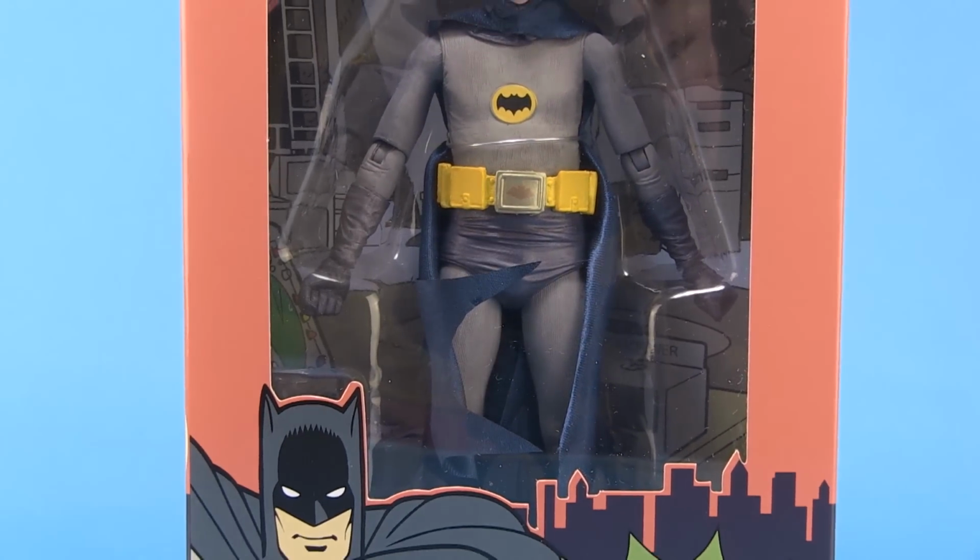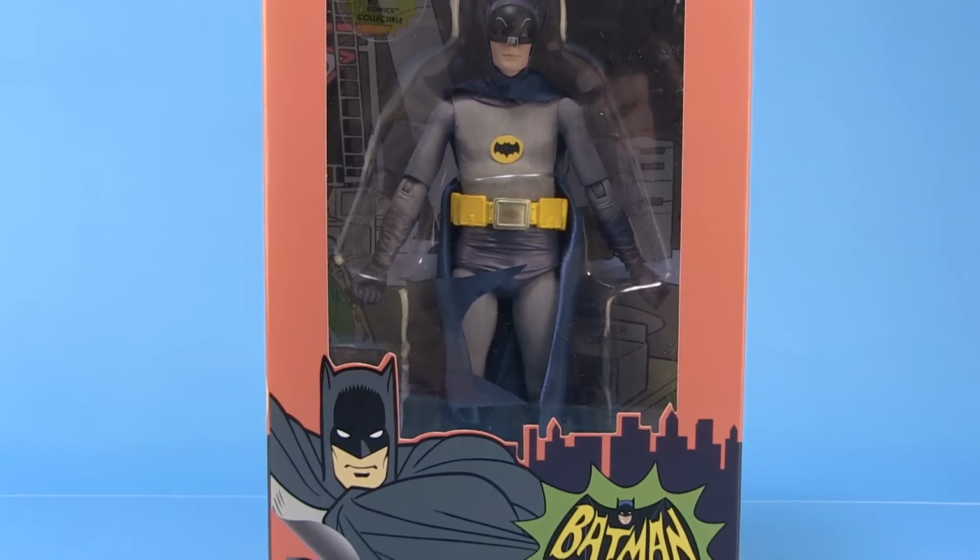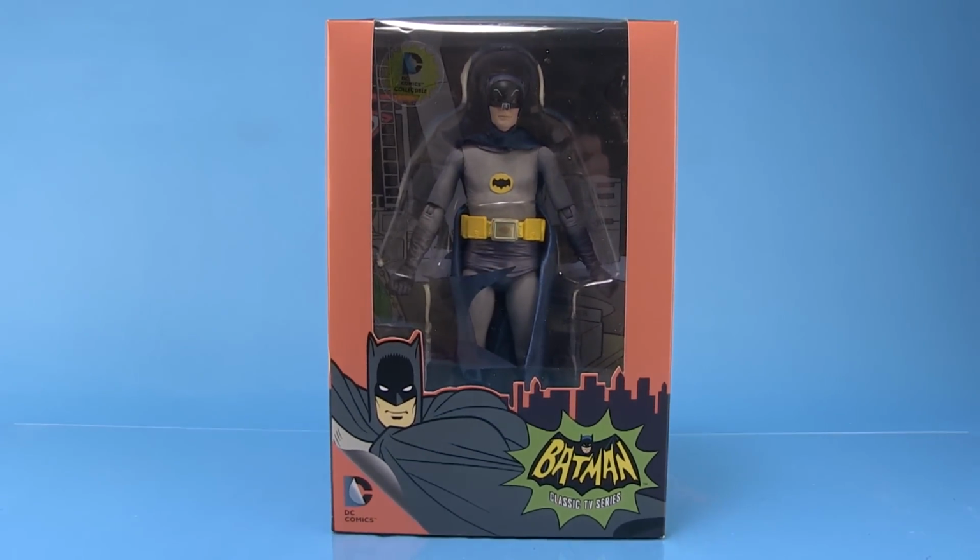Hey guys, I'm Pixel Dan, and this is a review of the Batman Classic TV Series Adam West Batman 7-inch action figure from NECA Toys. That's right, NECA has once again sprung an amazing surprise on us. They're releasing a new line of 7-inch scale DC action figures based on some of our favorite actors' likenesses. And the first one we're going to go ahead and take a look at here today is the Adam West